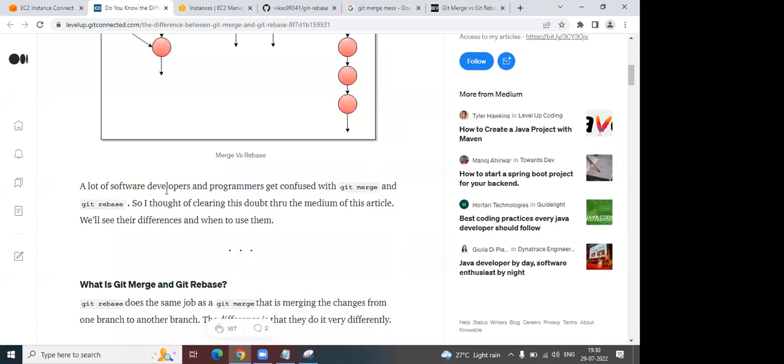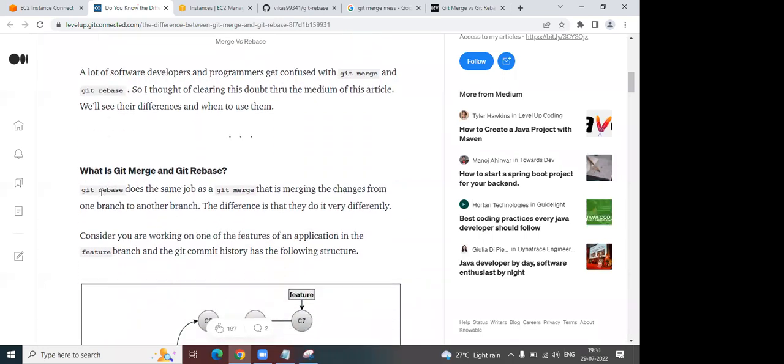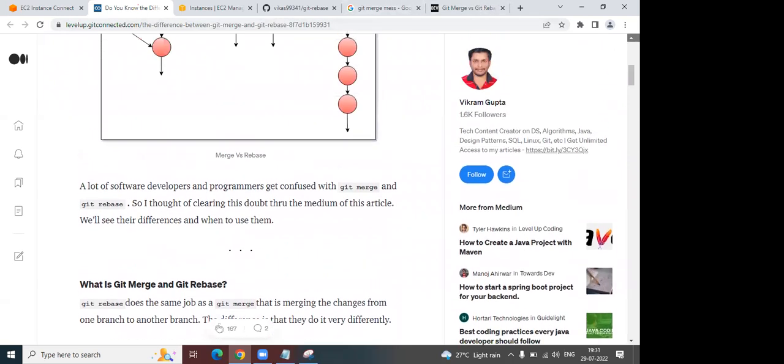There is a confusion that git merge and git rebase are different things, but functionality-wise, git rebase does the same job as git merge. That is, merging the changes from one branch to another branch. While merging, if you get a git conflict, you have to resolve that conflict. So work-wise, both are the same. They do the same thing. Whatever merge will do, rebase will also do. But the benefit you get is